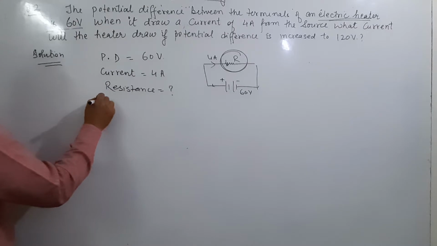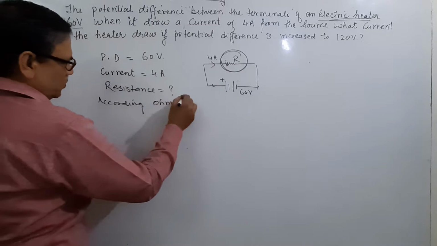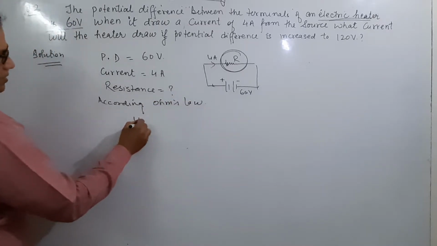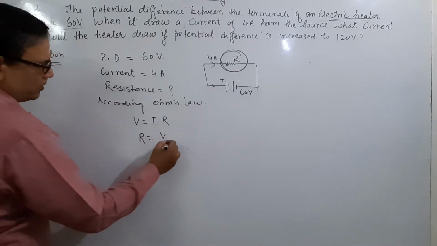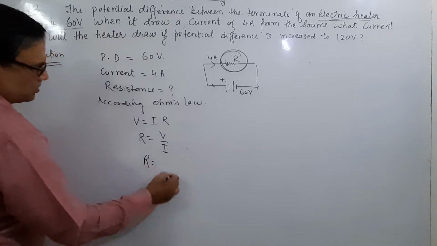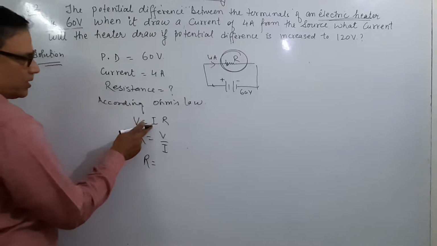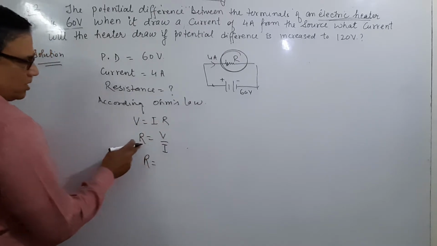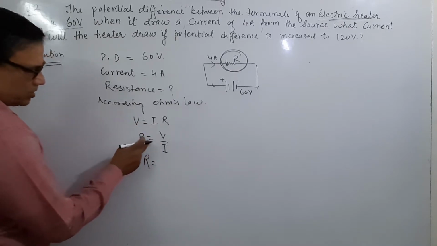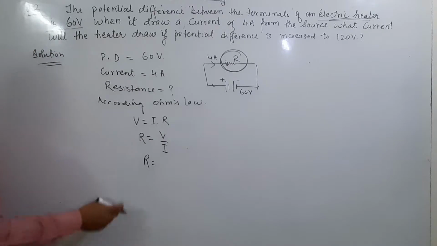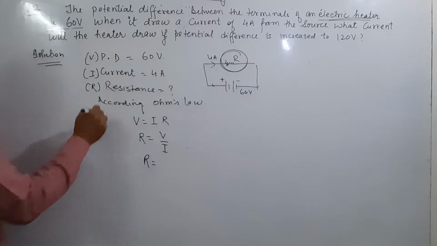According to Ohm's law, V is equal to I R, and that means R is equal to V upon I. V is equal to I R, potential difference into current into resistance. Resistance is equal to, I goes downward, V upon I, potential difference upon current. Here this is the potential difference V, this is the current I and this is resistance R.